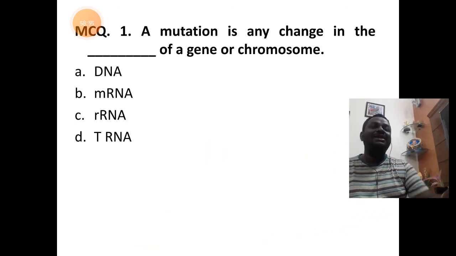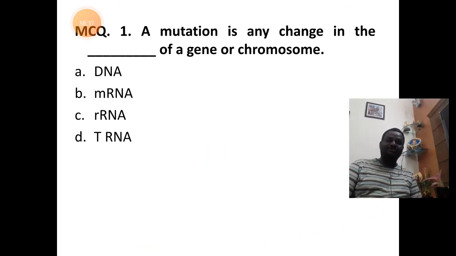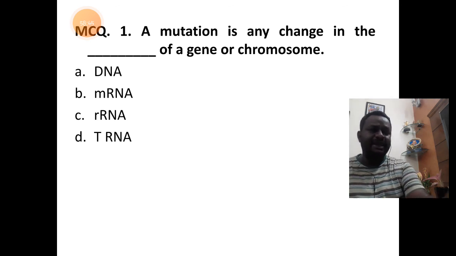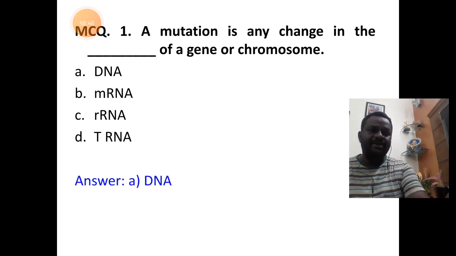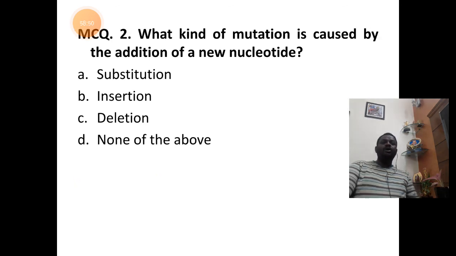So let us now understand MCQs. Question 1. A mutation is any change in the dash of gene or chromosome. So it is DNA of gene. Answer is A. What kind of mutation is caused by